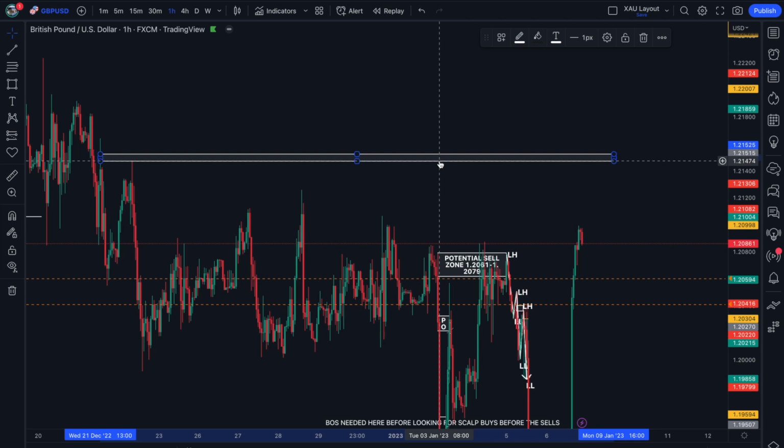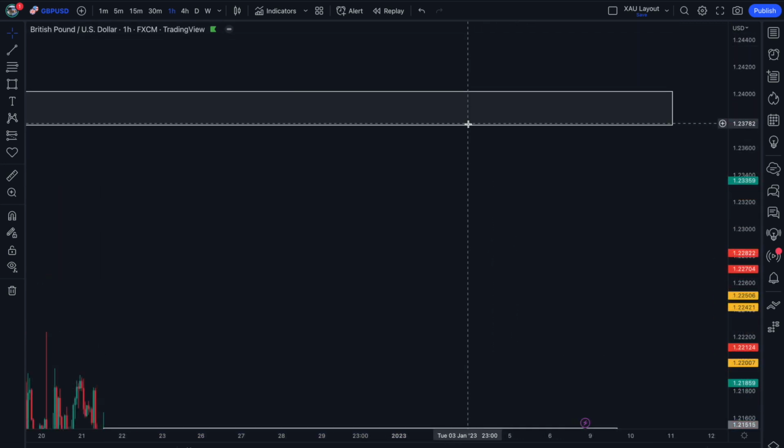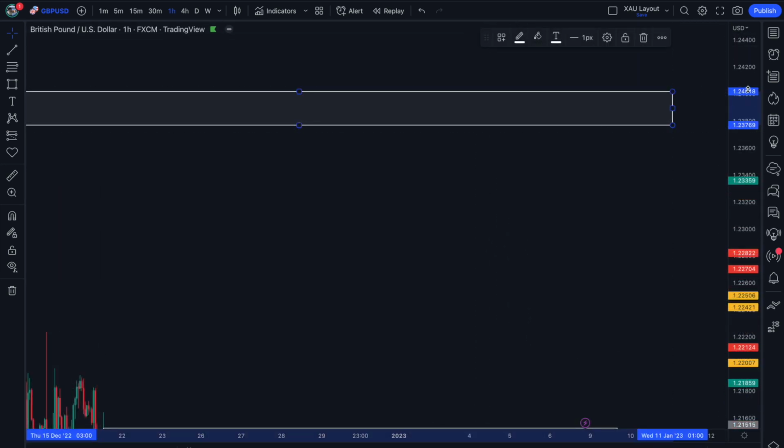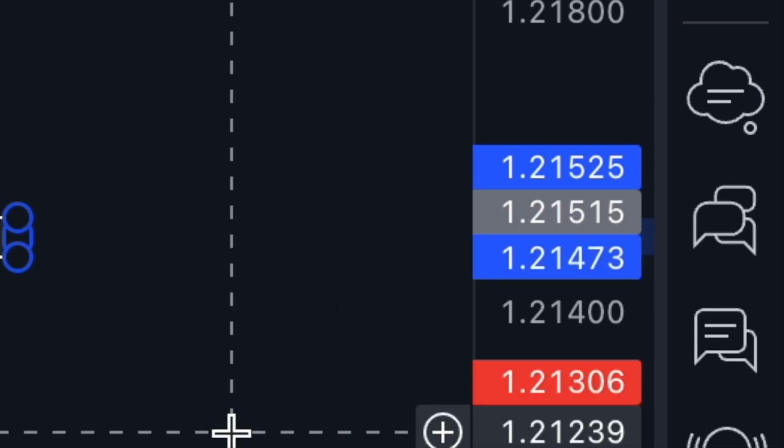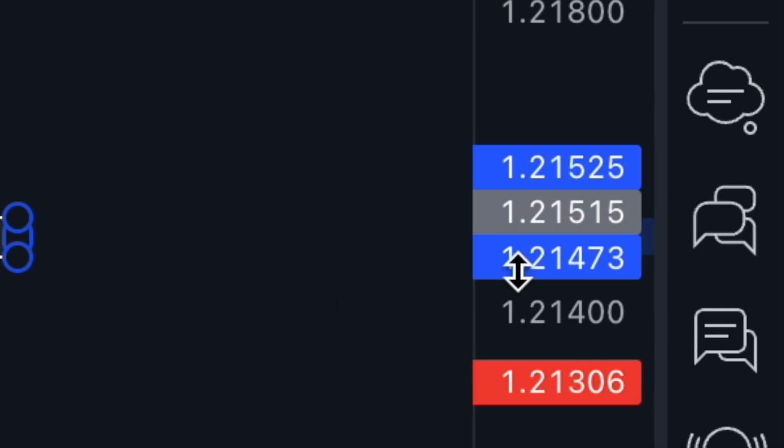It may give us some temporary bearishness where we can look to place scalp-like sells, but ultimately I will be looking for this higher time frame supply zone here. So as I said, mark out this zone for yourself, wait for price to tap into that, and also mark out this zone as well for maybe some scalp-like sell positions.